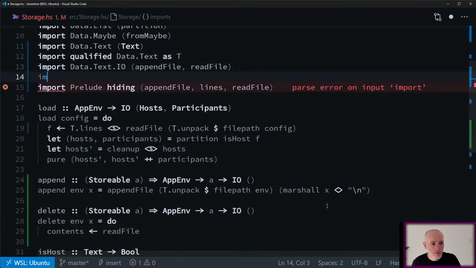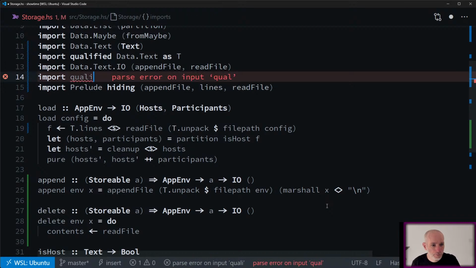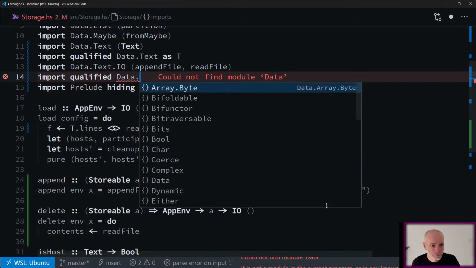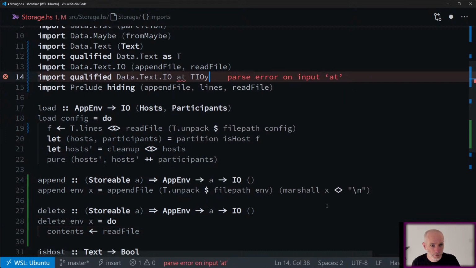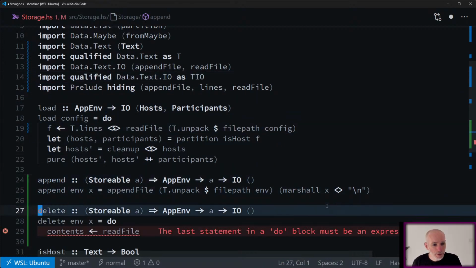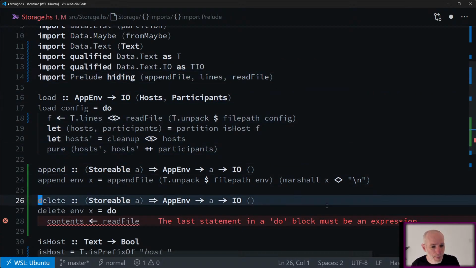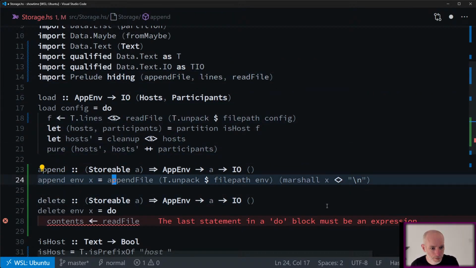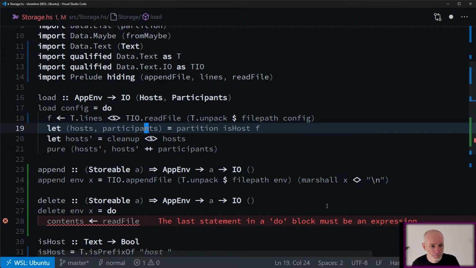I'm going to make that a local function. So we'll qualify our import. Okay, so get rid of that. So this will be TIO.append file, and this will be TIO.read file.